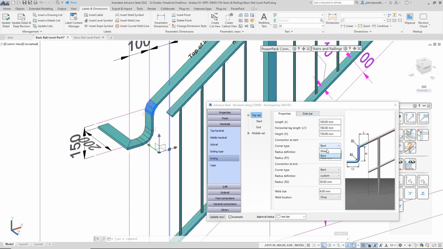So at the moment it shows it bent, but obviously you could change it to mitre if you want. Some people do mitre these rather than bend them. So I'm just going to adjust that, and you can see it changing there. I do want to put it back to bent because we would tend to bend these as one piece to